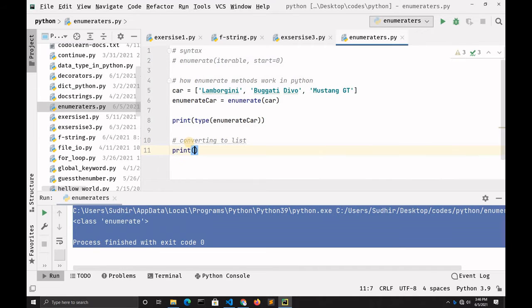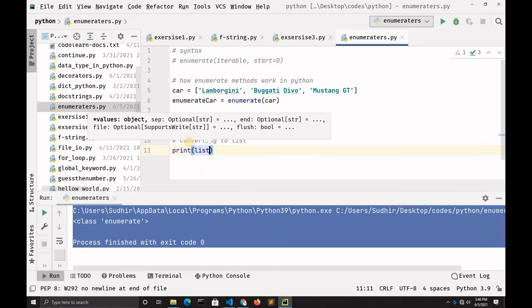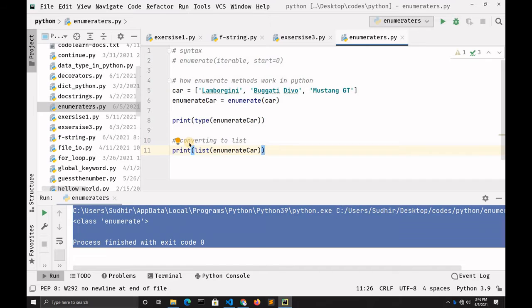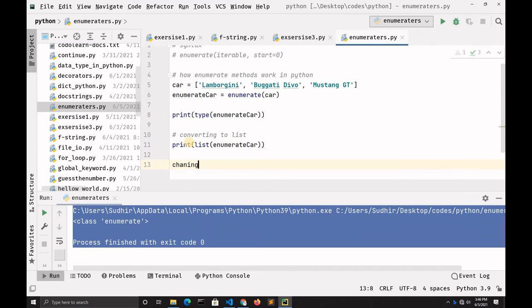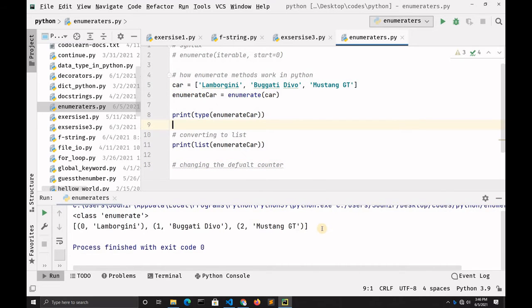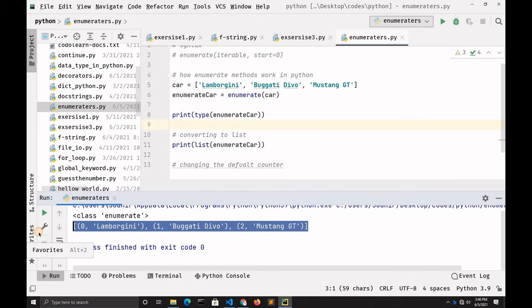For doing that you have to type print and then list, and then you have to type enumerate_car. Let's comment out the previous print and again run this. And here you can see the enumerate object is printed in the form of a list.